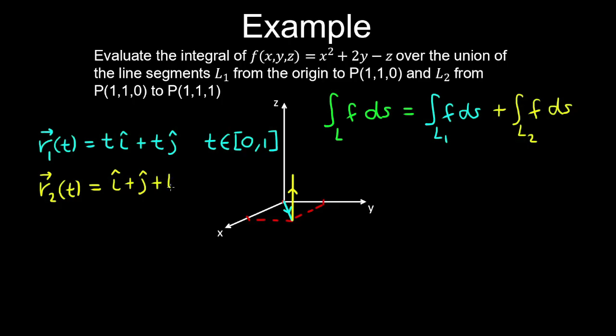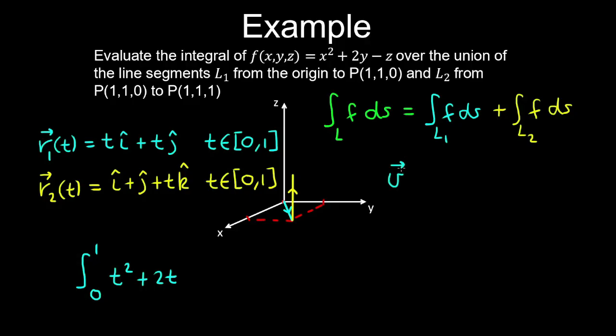So we have plus t multiplied by k, where t varies from 0 to 1. And recall we can write our line integral over t as the integral from t equals a to t equals b. And we're integrating our function, which is t squared plus 2t minus 0, because there's no z coordinate, and that's multiplied by the magnitude of the velocity, which we obtain by